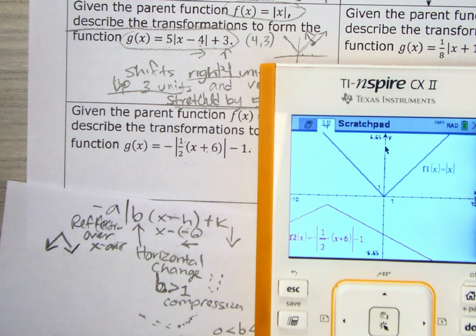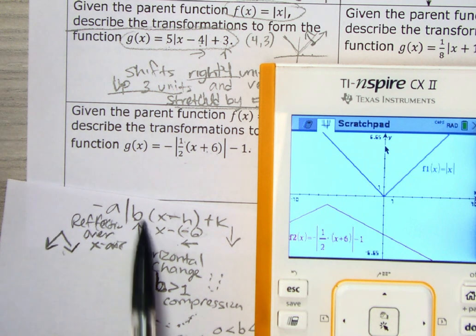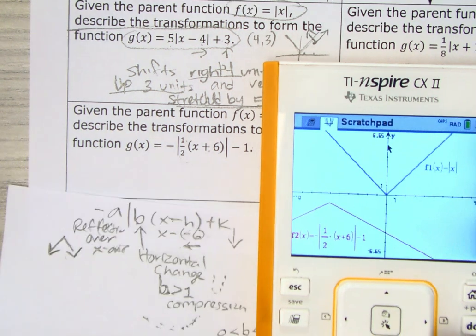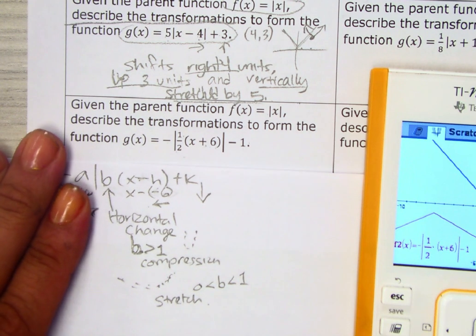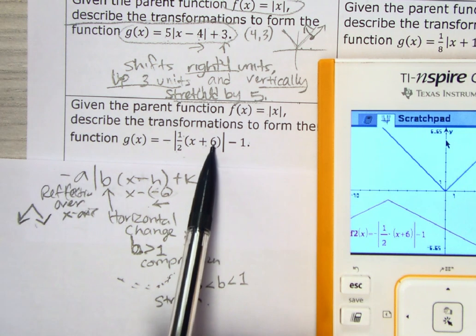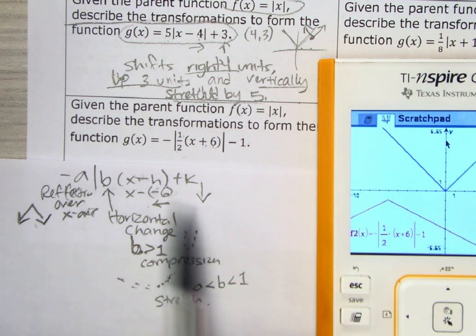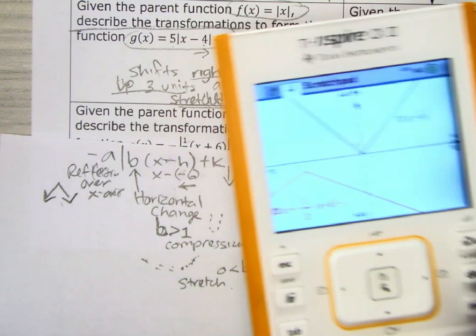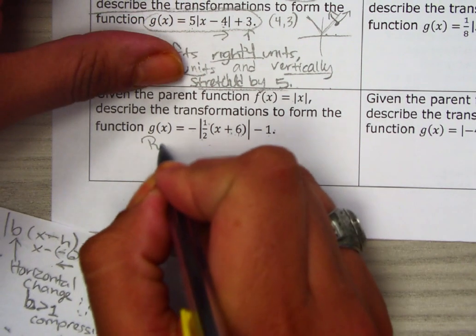Okay, so according to the predictions we had here, it was going to reflect, so it reflected. We said that it was going to be a value between 0 and 1, so it was going to make it wider. So the description for that is that it horizontally stretched. As you can see, this became wider. That 6 made it go to the left and then down 1. So all the descriptions that are predicted here could be found with practice, but you can always use the calculator to verify. So we're going to write that it reflected